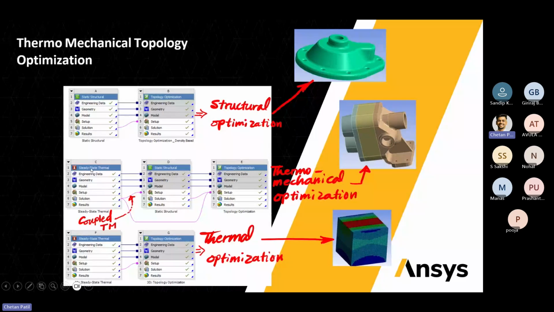This is our steady state thermal simulation, which uses its results in the static structural simulation. So this will behave as a coupled simulation, that is our thermomechanical simulation, which we are going to discuss in today's topic. We are going to make use of the thermal results, couple them with the structural results, and then, based on the combined results, see how our model can be optimized,